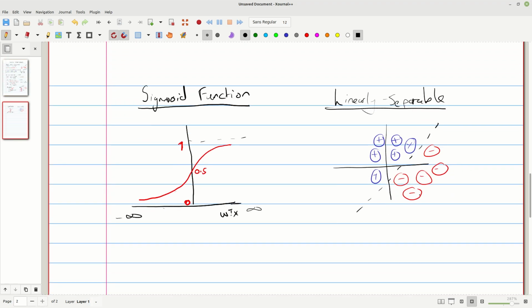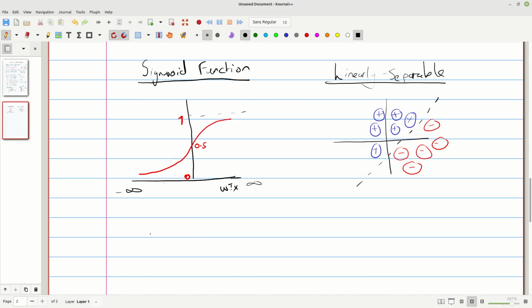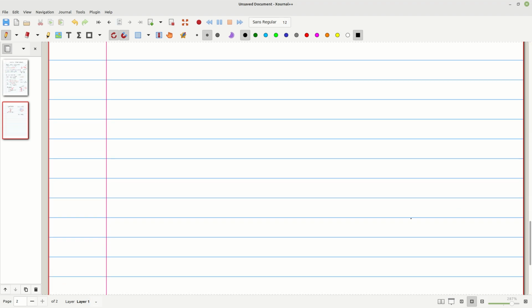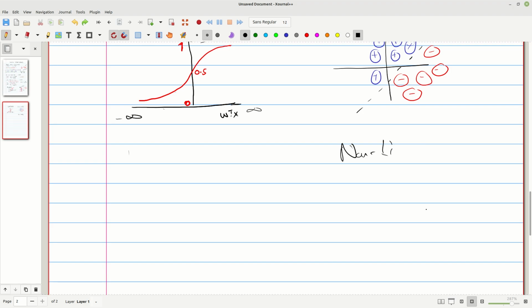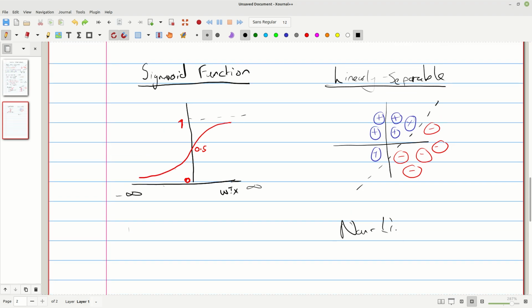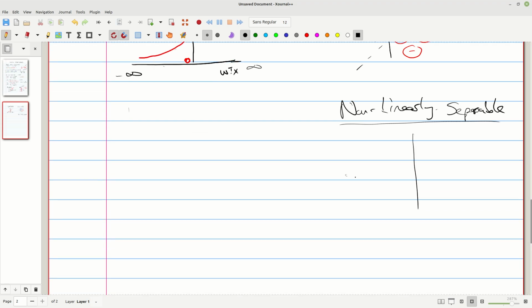But what if we have a data set that is not linearly separable, right? So an example of this would be something like this. Non-linearly separable data. So we would have something like this, let's say.